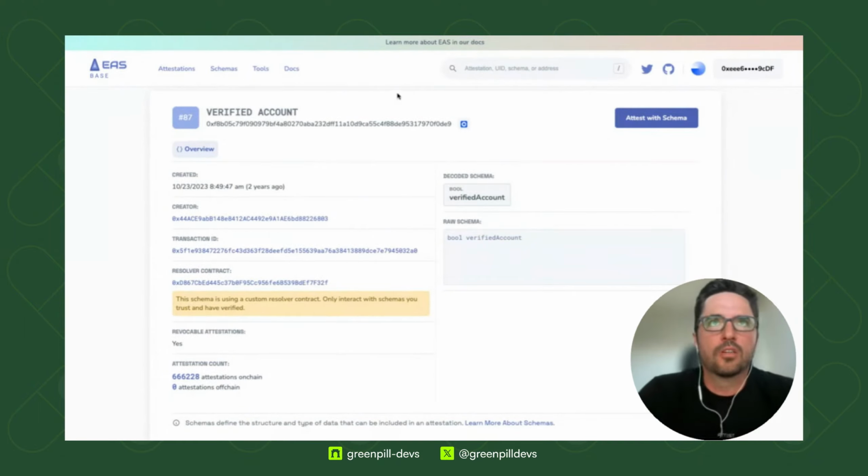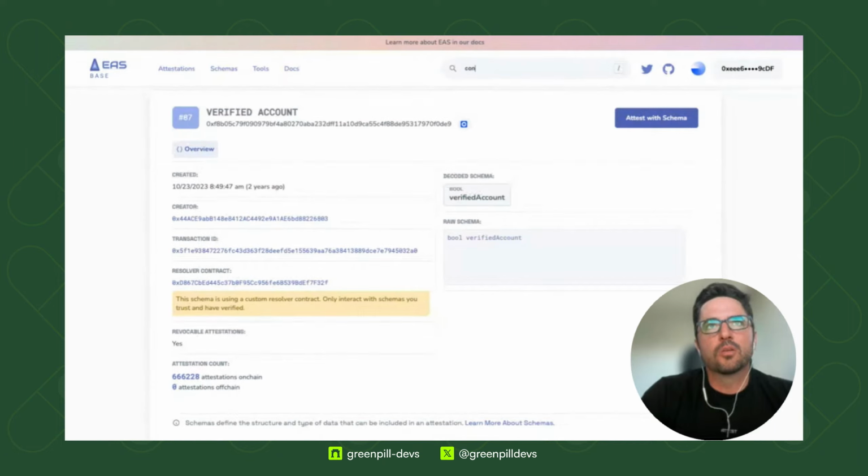Schema registration, super simple. First thing I always do is just see if there's a schema that already exists, because if there is a resolver, you don't really want to use resolver contracts that you don't know who built them, because you have to verify what type of logic that resolver does. But there are a lot of very generic schemas, and if there isn't a resolver, then you can just use them.